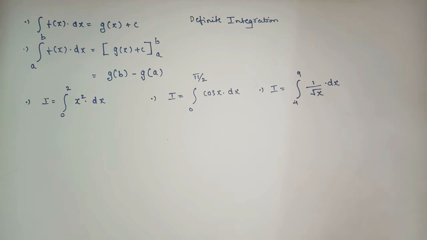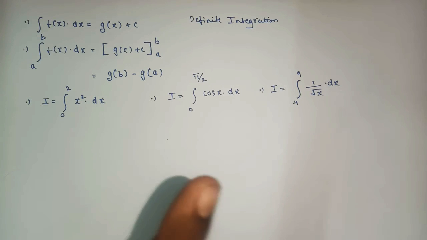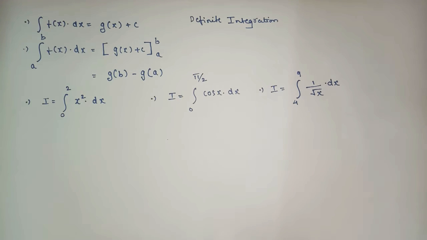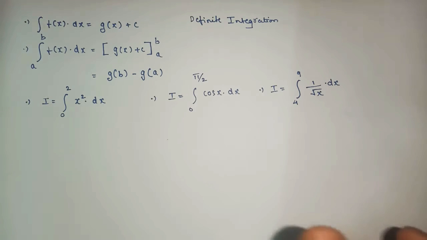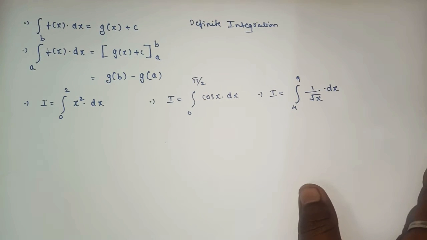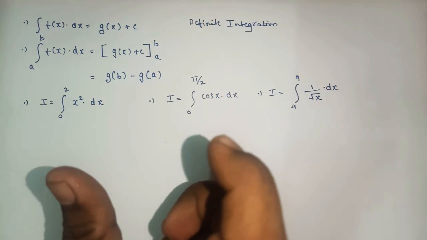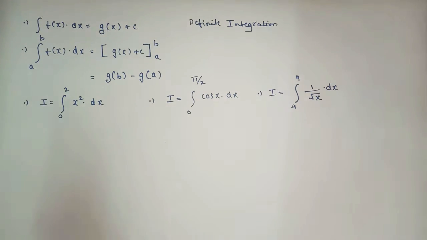So if you are perfect with the integration chapter, I bet that out of 2-3 exercises, two exercises are very easy, and one exercise is based on the definite integration formula. It's based on the properties of that particular chapter. But the remaining 70 to 80% of the sums are based on the integration chapter only. So if you are perfect with all the types, all the methods, and you know that the particular question is from so and so exercise, then definitely the chapter will become very easy, as